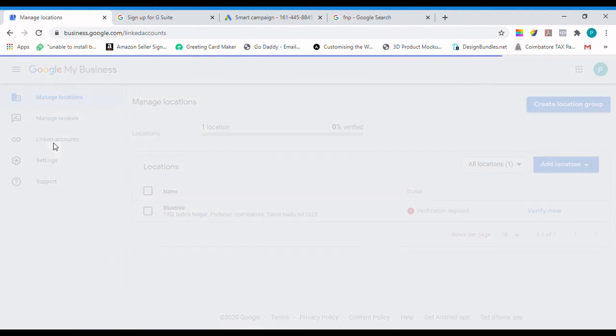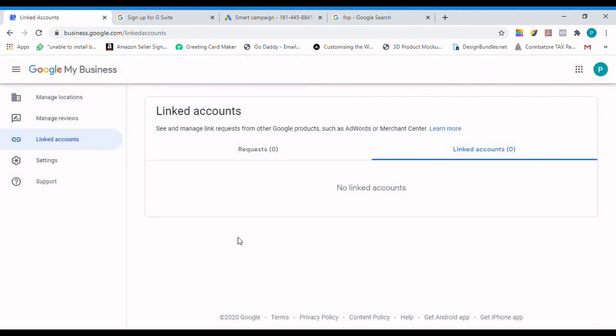This is linked accounts, which is once you connect your account with Google AdWords, then the details will appear here. Google has many tools for advertisement and product management and many more. So when you link from Google My Business to all these tools, it will automatically appear here, which you can manage.